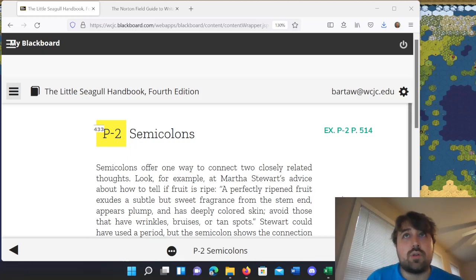All right. So let's talk about semicolons. Semicolons are a type of punctuation point that's sort of in between a comma and a period. Semicolons can be a little confusing, which makes them one of the more underused punctuation points, but you can use them in the right circumstances to good effect. So we're going to go over a few ways that you could use a semicolon and what those